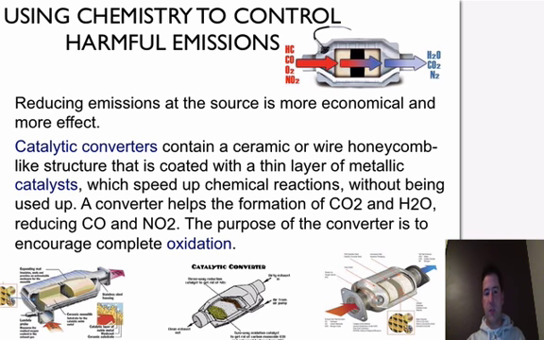So the one invention they've had is called a catalytic converter, and basically that contains a ceramic or a wire honeycomb-like structure, and it's coated in a thin layer of metallic catalyst. And catalysts, remember from earlier in chemistry, are going to speed up chemical reactions, and they're not going to be used up themselves. So when we talked about using hydrogen peroxide, but we talked about a natural catalyst called catalase